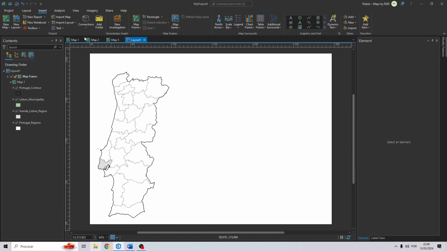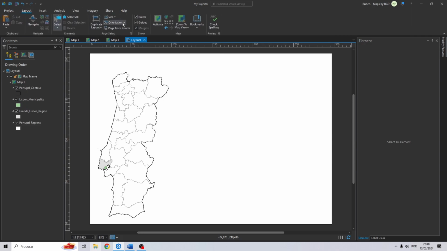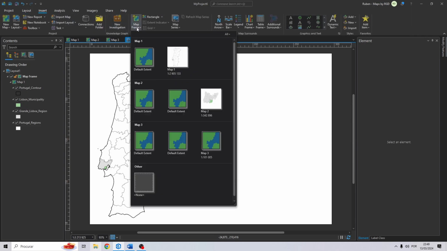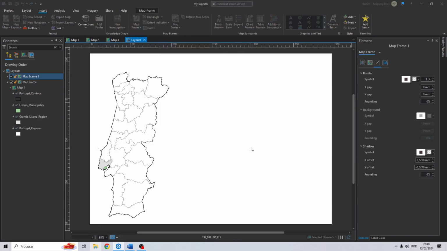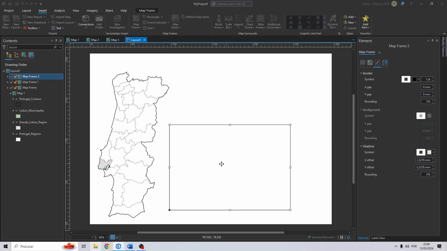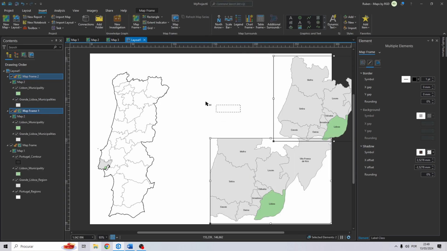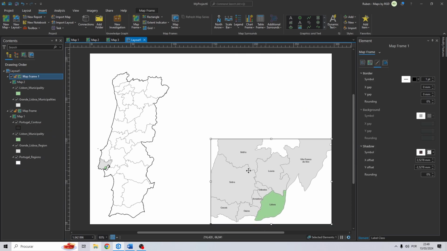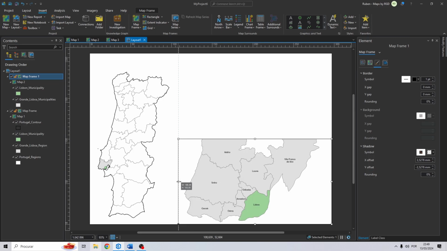It's perfect. Let's add a new map, so go to Layout, not Layout, but Insert, and Map 2. Let's click to edit. Okay. I add 2. Let's remove 1. Okay. Let's adjust to the map